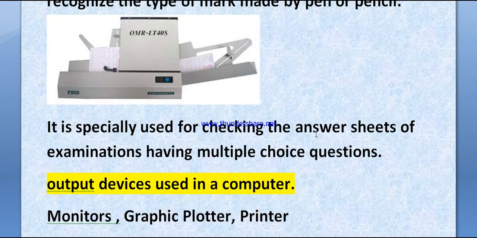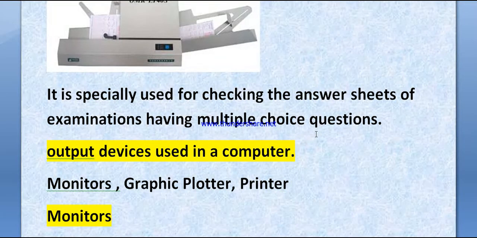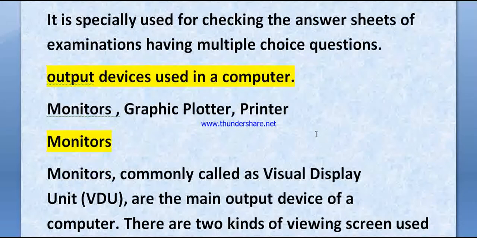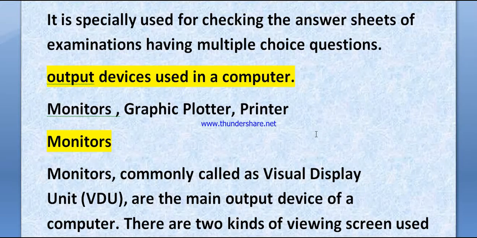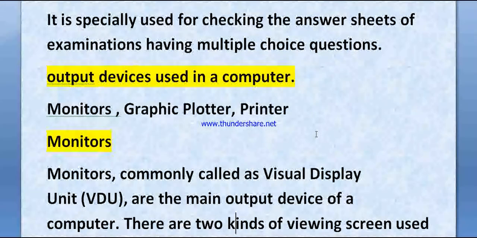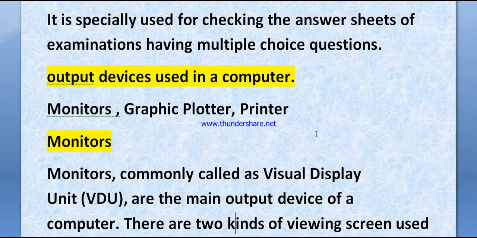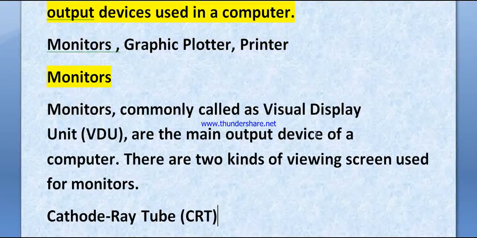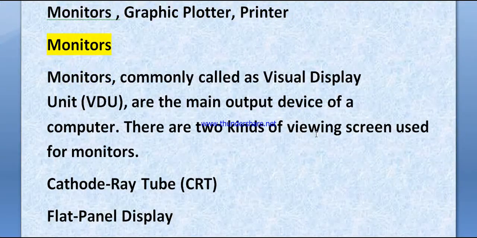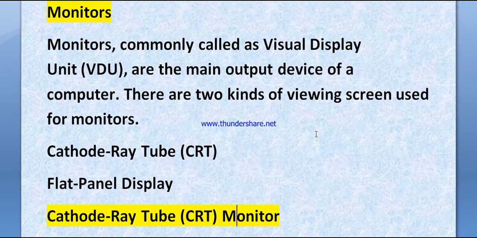Output devices used in a computer: monitor, graphic plotter and printer. These are the output devices we can use, just like monitors. Monitors, commonly called a visual display unit, are the main output device of a computer. There are two kinds of viewing screen used for monitors: CRT and FPD. यानी CRT मतलब कैथोड रे ट्यूब एंड फ्लैट पैनल डिस्प्ले।